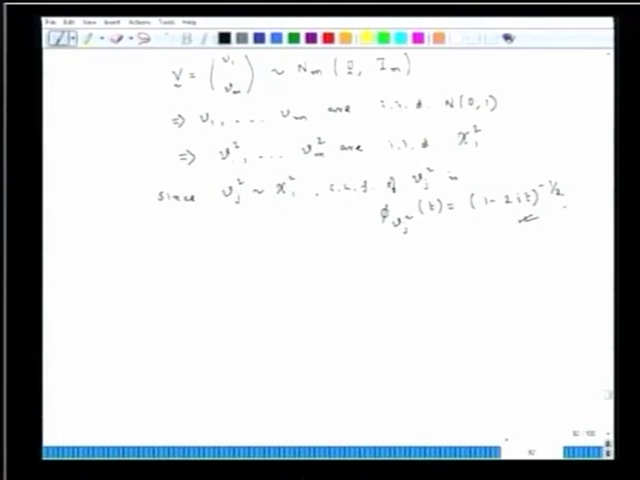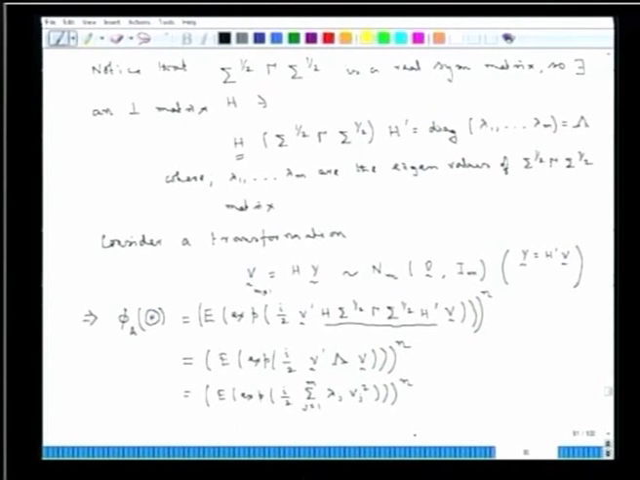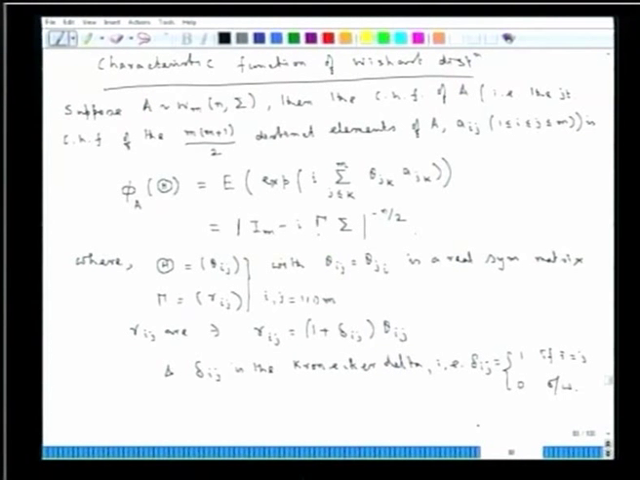In the last lecture we had started proving, or deriving, the characteristic function of a Wishart distribution. Let's see where we were in the last lecture. We were looking at proving this particular result: suppose A has a Wishart distribution, m dimensional, with degrees of freedom n and the associated variance covariance matrix sigma, then the characteristic function of A,